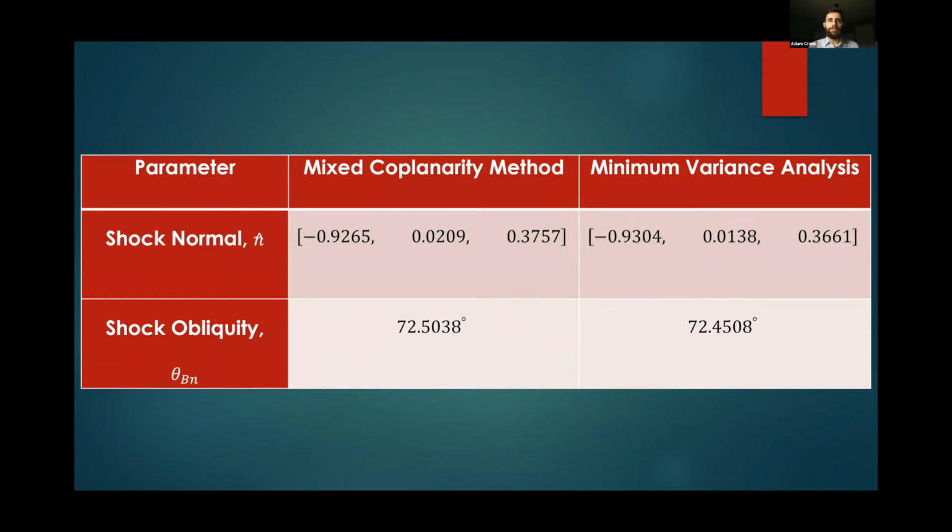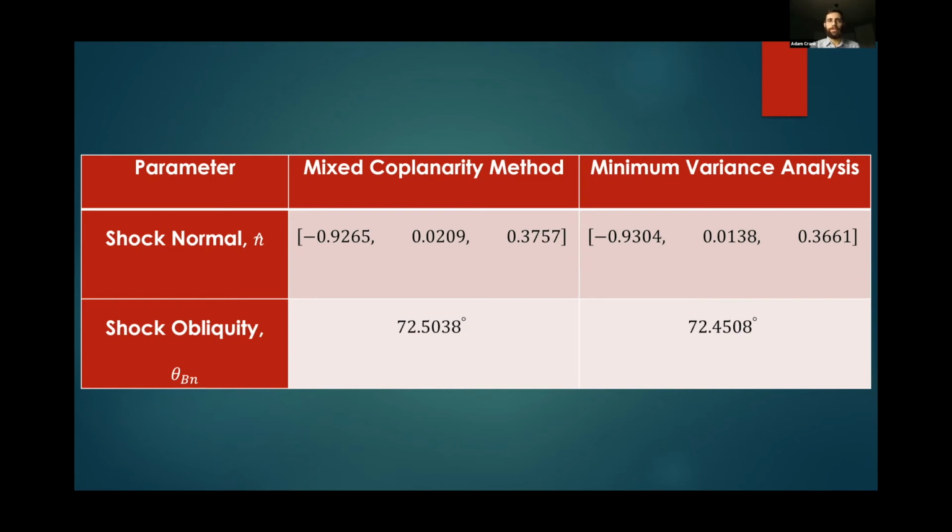The calculation of the mean upstream magnetic field vector is fairly arbitrary in the R programming language, as is the method of determining the angle between two vectors. Thus, I've calculated a shock obliquity of about 72.5 degrees by both methods. Once again, the results here imply accuracy since they are both very close to each other. And because the shock obliquity is greater than 45 degrees but less than 90 degrees, we can classify this as